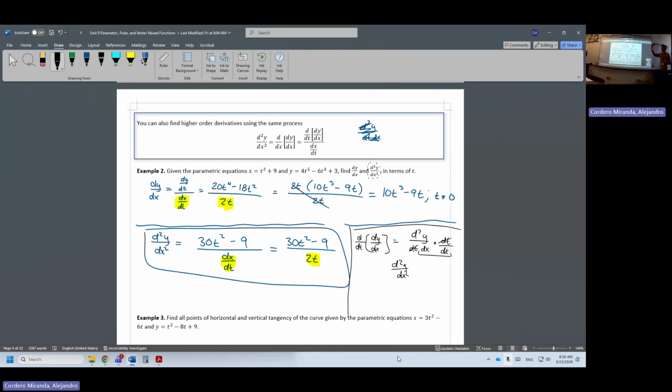But okay, second derivative, there it is. I've seen this on the AP test, like they ask it on a multiple choice question, and they try to trick you about forgetting to divide by this, but don't forget to divide by that. Okay, we still have that. Okay, and then next one